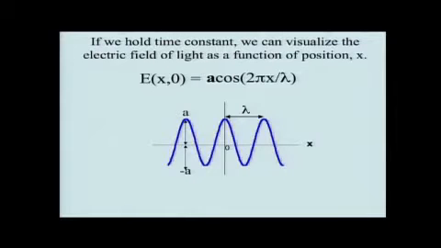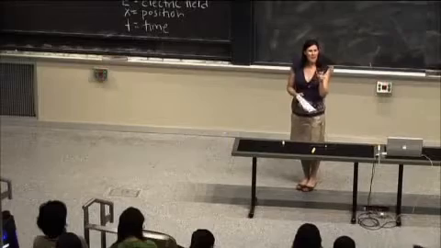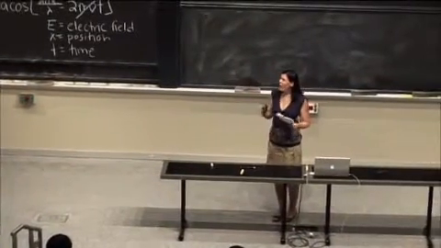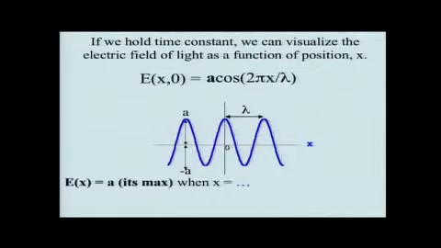So what we want to be able to do, either when we're looking at the graph or looking at the equation up there, is to think about different properties of the wave. For example, to think about at what point do we have the wave where it's at its maximum amplitude. So if we think about that, we need to have a point where we're making this argument of the cosine such that the cosine is going to be equal to 1, so all we're left with is that A